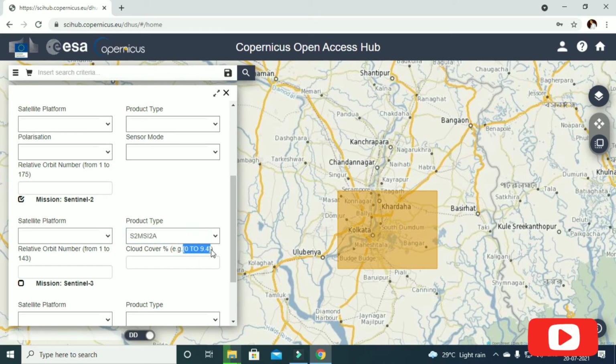You just copy that and paste, and you do here 5%. So 0 to 5% cloud cover is allowed. Now search.